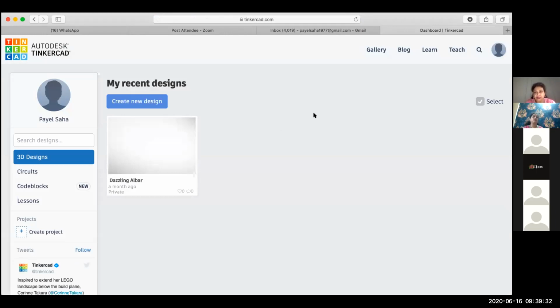Sign in with your Gmail account, and you have to enter your country and your birth date, and then they will ask you to enter your password. So after you are registered with your own password, then anytime you can type tinkercad.com and sign in with your password. When you sign in, you'll get this kind of home screen. In the home screen, on the left hand side, you can see circuits. We do not go for 3D designs, we go for circuits.